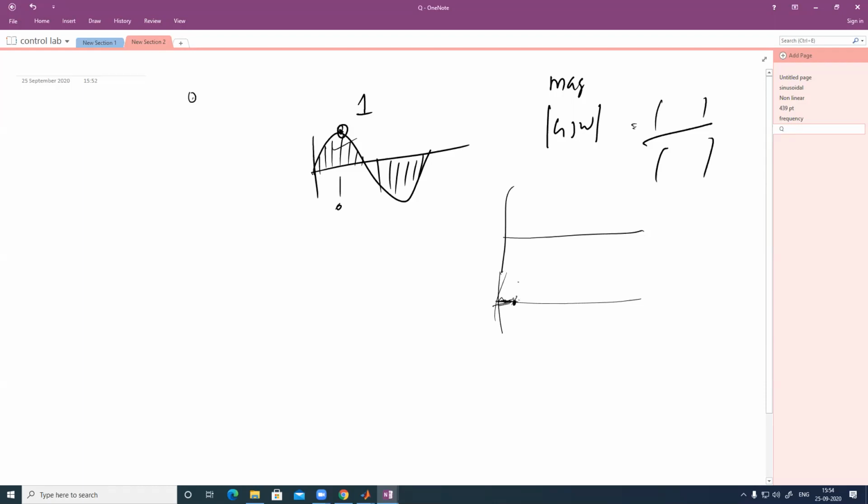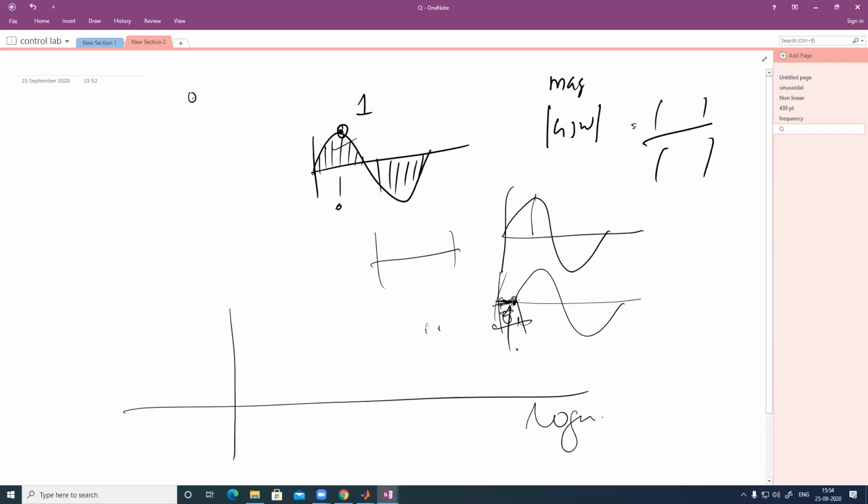It means the negative of the phase difference we are taking, right? Yes, that also you have to take, and you have to measure the phase, how much it is coming. If you apply a sine wave like this, the output sine wave will be like this, and this is called phase. You have to measure this and the amplitude corresponding to that. Then the magnitude plot is ready, and you have to plot log of omega versus 20 log mod of G of j omega.